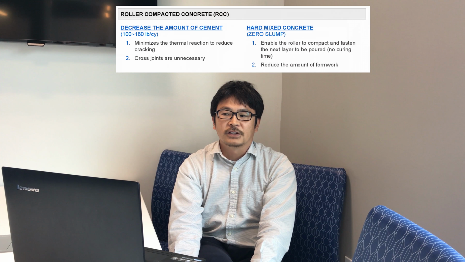Building a concrete batch plant is a typical way to provide the concrete. Roller compacted concrete is a hard mixed concrete containing less cement. This enables us to compact the poured concrete by rollers and limits the heat. This stiffness and the low temperature make it possible for the entire area of concrete to be poured at once, immediately after the